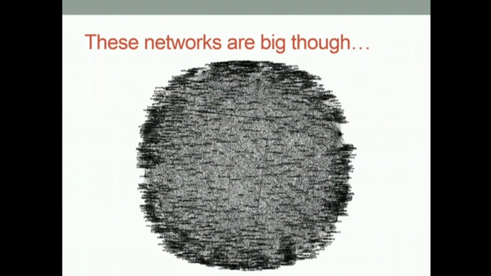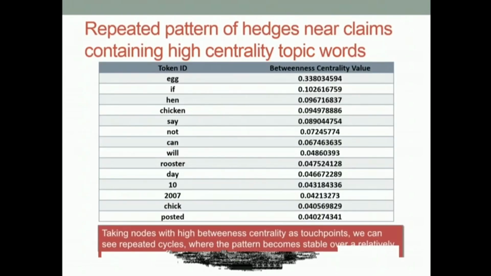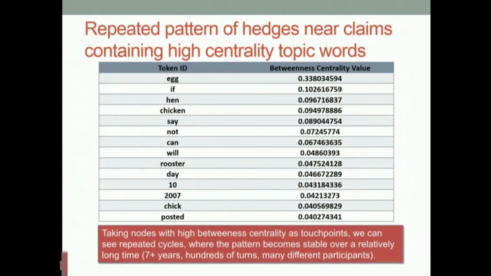Now, in real life, networks are not that small and tidy. That's one of the chicken threads, a thread that has lasted about 8.5 years on this science blog. So it's a tidy idea to model a small phrase. This is more like what we're thinking about when we're trying to understand the structure of a complex conversation about whether something is science or not. So we have to rely on the math to do that.